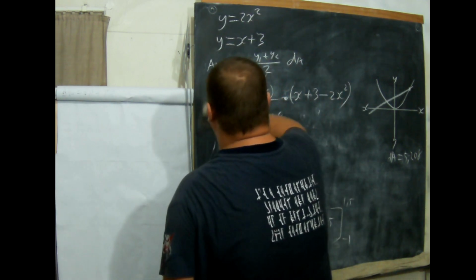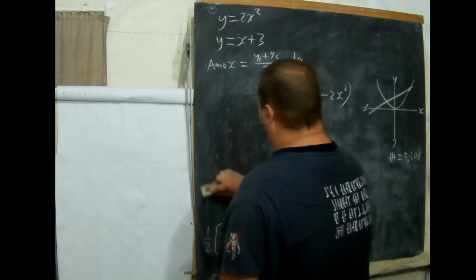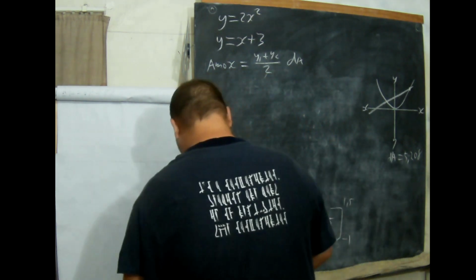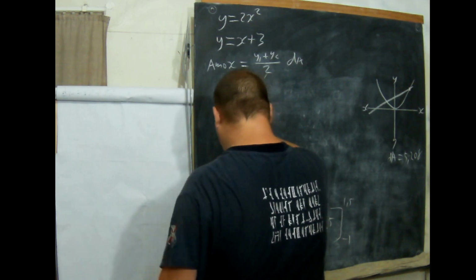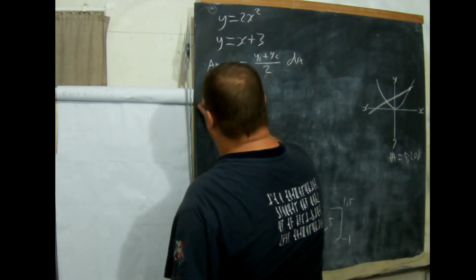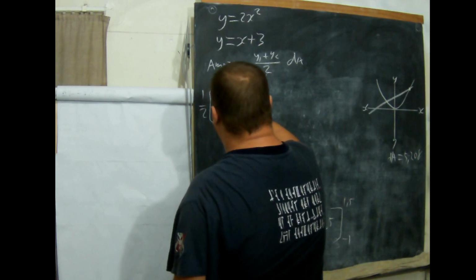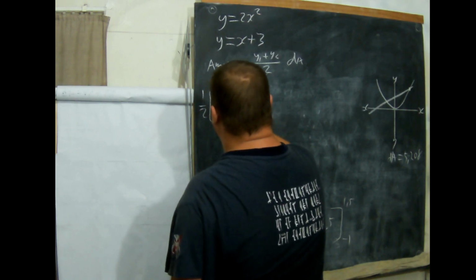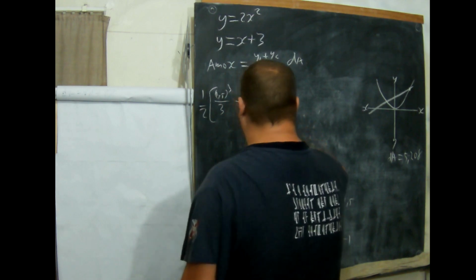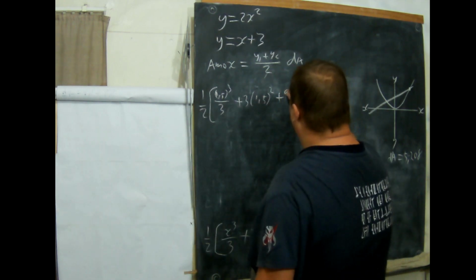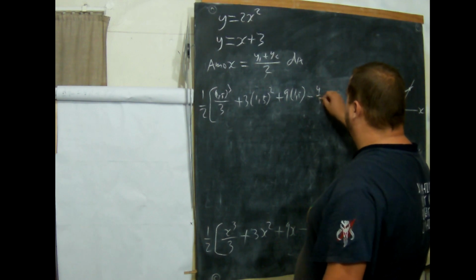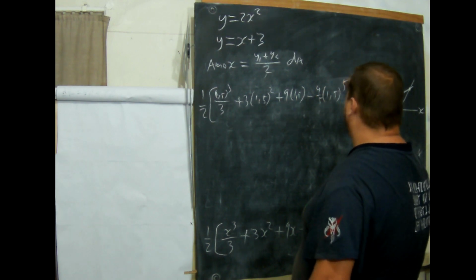Now, what we have to do, all we have to do is to put in our values. So it'll be a half times 1.5 cubed over 3 plus 3 times 1.5 squared plus 9 times 1.5 minus 4 over 5 times 1.5 to the 5th power